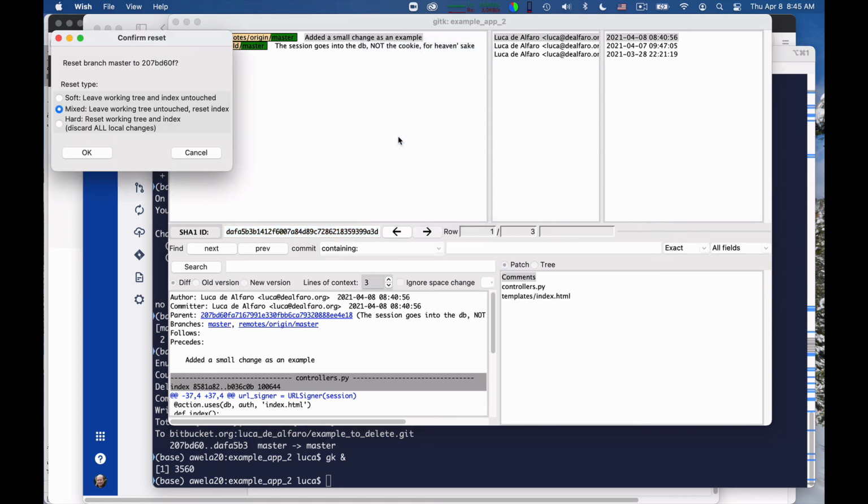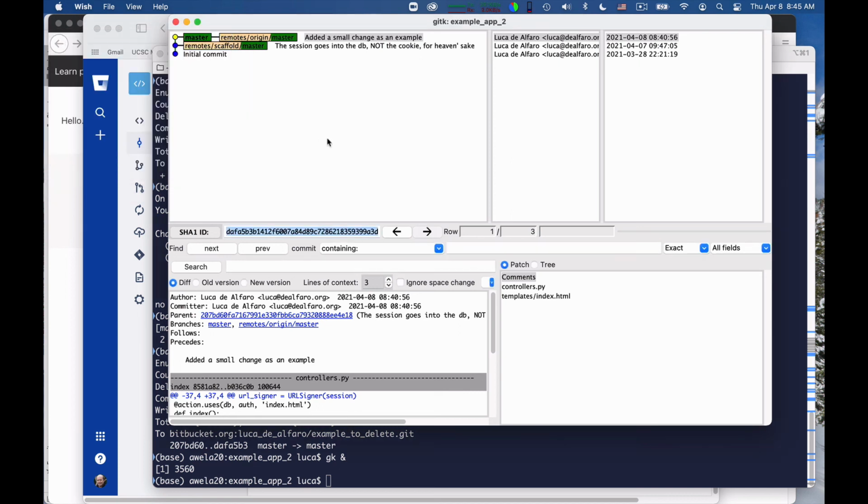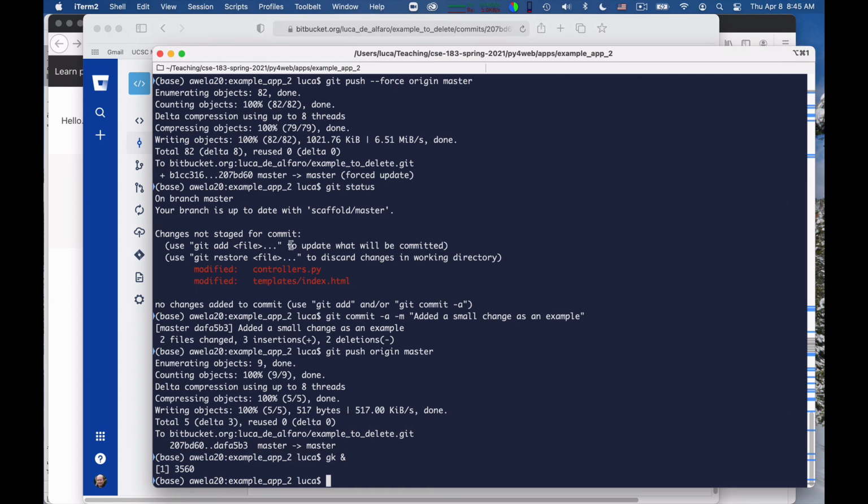And you can decide to do it hard, in which case you discard all future changes. It gives you these super powerful tools to recover from errors, and the fact is that if you work, you will make errors, so my heart is with GitK, and that's what I use more often.